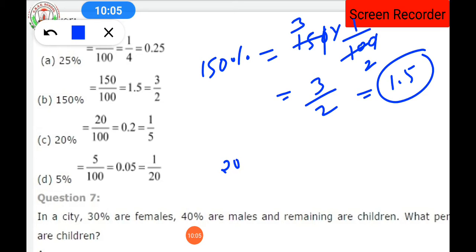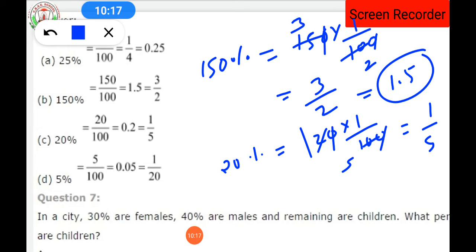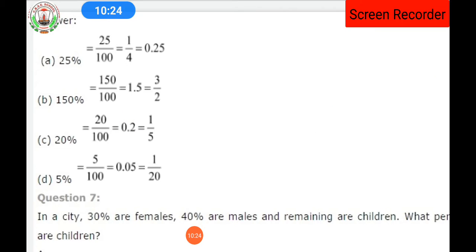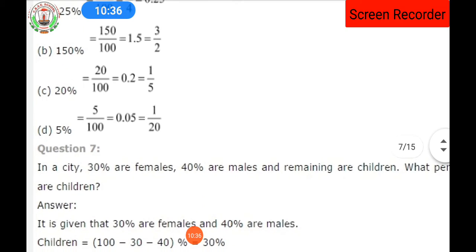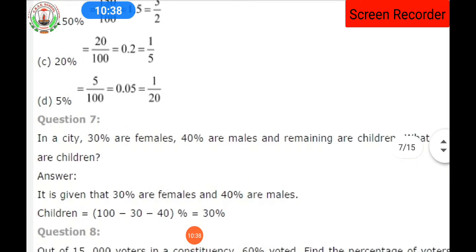Similarly, 20%. So 20% is equal to 20 into 1 upon 100. So here 0 will get cancelled, 2 ones are 2 and 2 fives are 10. So what is the fraction form we have? That is 1 by 5. And when we divide 1 by 5, we get the required answer as 0.2. Clear? Similarly, you can do the D part, that is 5%. Dear student, this chapter we had already taken before the pre-midterm exam, so we just have this as a revision. So try to do the D part of this question also.